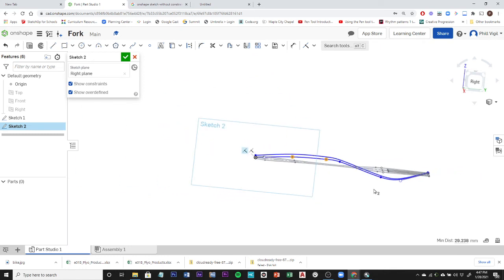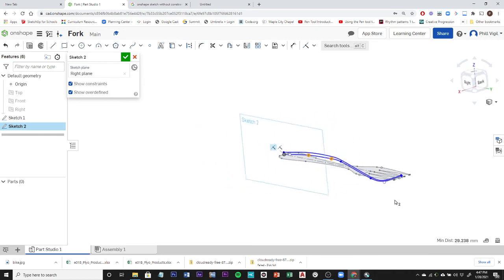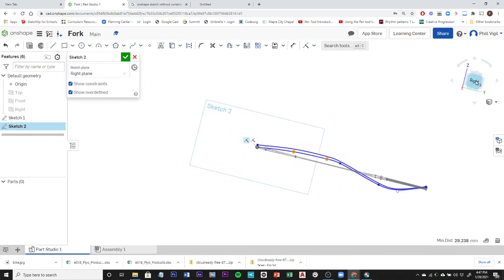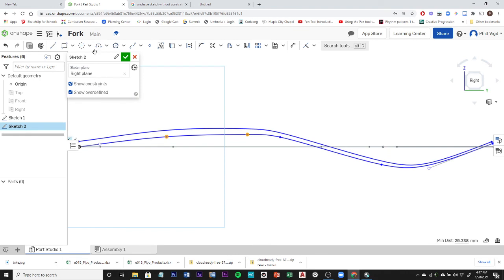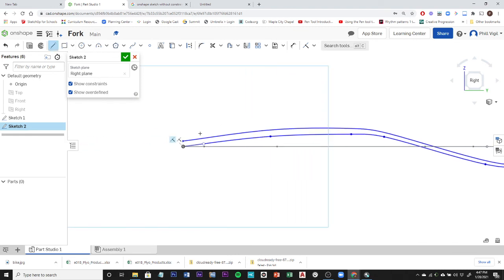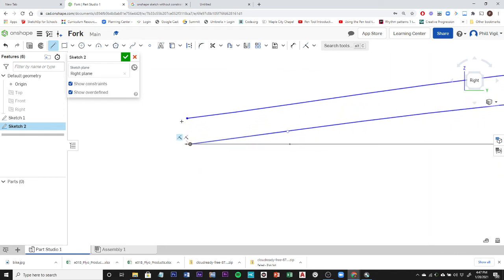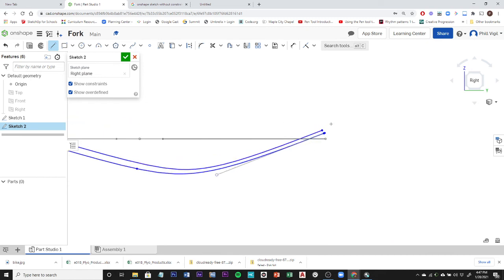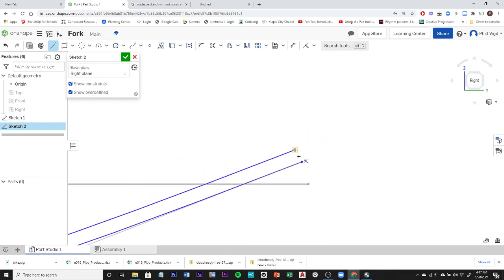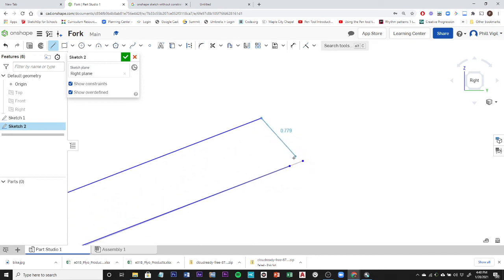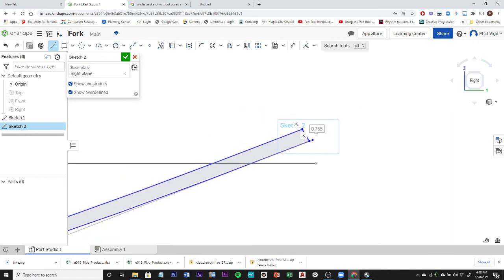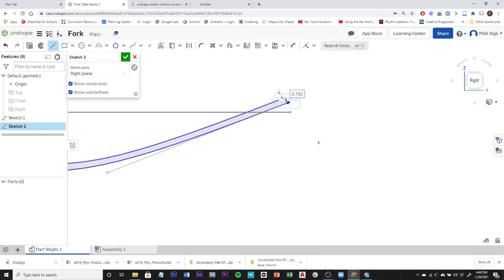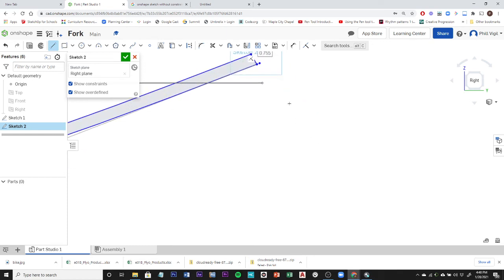So I need to connect the dots on the ends to create a region. I need to use the line tool, connect the ends here, pan over to the tip here, and this is actually the end of the line. This is the beginning of the spline, so it's like a control vertex or something. So I want to click there. Now I've closed in my region, and let me see if I can make these